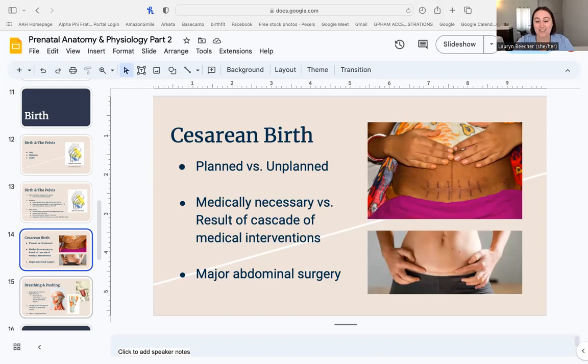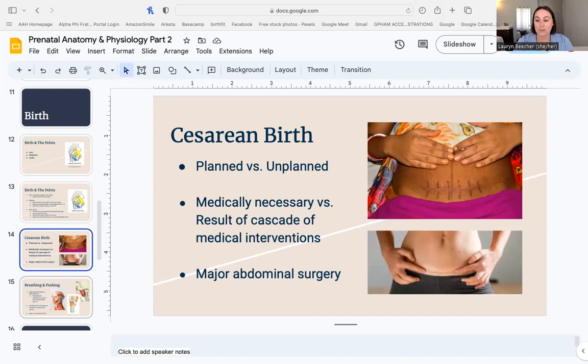An unplanned cesarean can be a very different experience. People still can recover incredibly well and have a fabulous postpartum experience, but they weren't going in that day thinking, I'm going to have a major abdominal surgery. For some of us who are working with people postpartum, teaching a postpartum yoga class, their birth, whether it's a vaginal birth or a cesarean birth, may not have been the happiest day of their life. It may have been quite traumatic. So being able to hold a little bit of space there for those people.